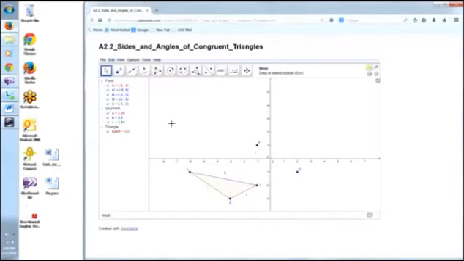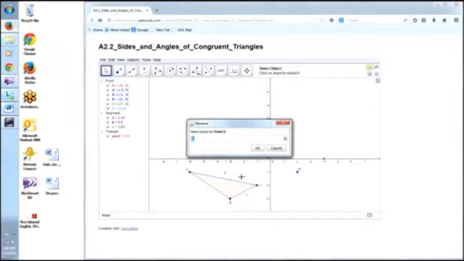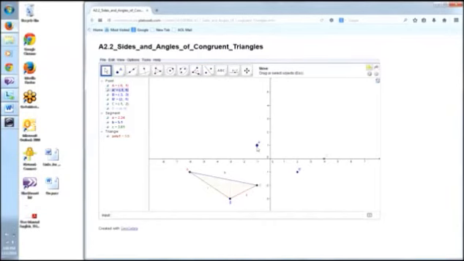Then I'm going to go to C. Click on that point and hover and go 1, 2, 3, 4, 5, 1, 2. And I'm going to rename that C prime. So let's check. 1, 2, 3, 4, 5, 1, 2. Yes. 1, 2, 3, 4, 5, 1, 2. Yes. 1, 2, 3, 4, 5, 1, 2. Yes. So then I'll go to this triangle that connects things into polygons, and I'll hit polygon, and I'll go